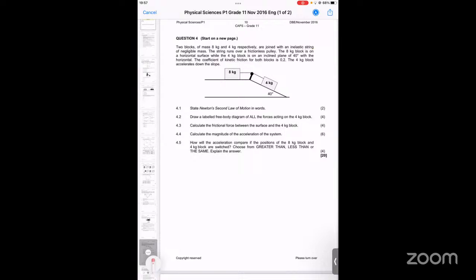A reason? Because it's easier again for the 8 kg to pull the 4 kg object. So that would mean the FG parallel, because it's lower than the tension, the tension will also be lower. Okay, so every time you think about the tension, you must think of it this way and say,